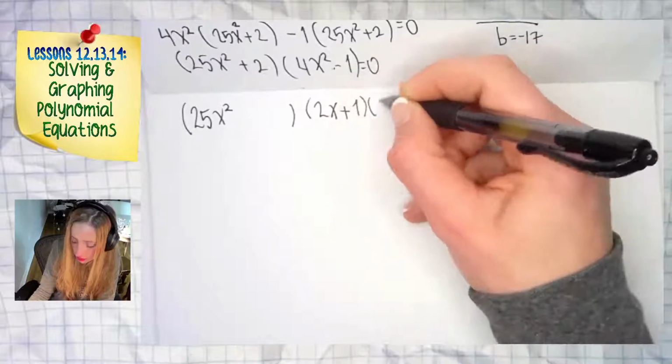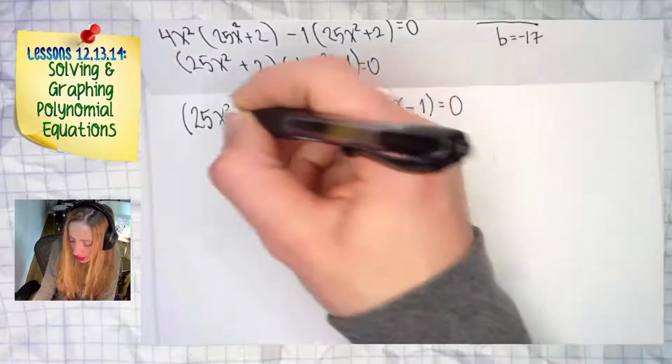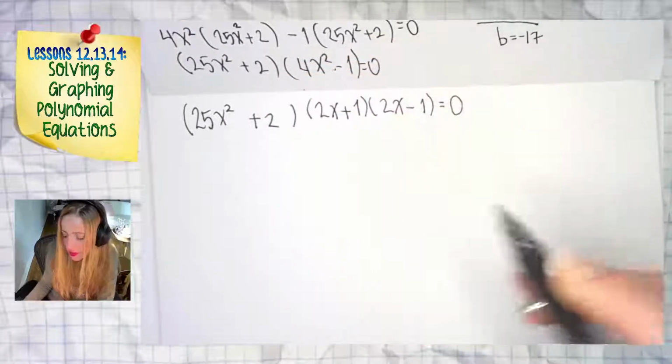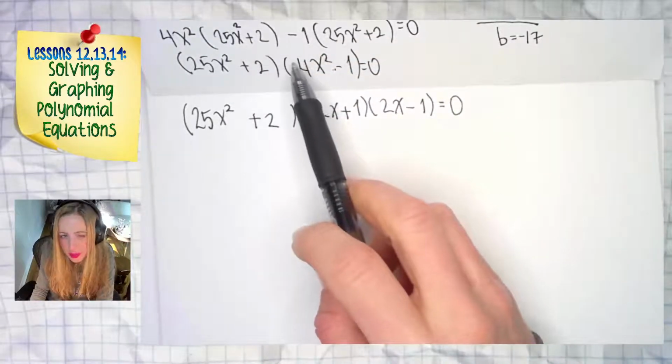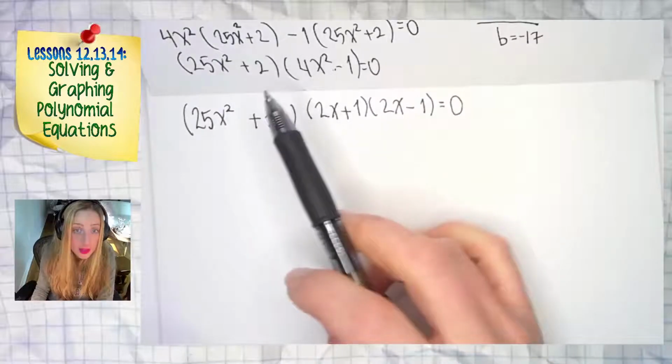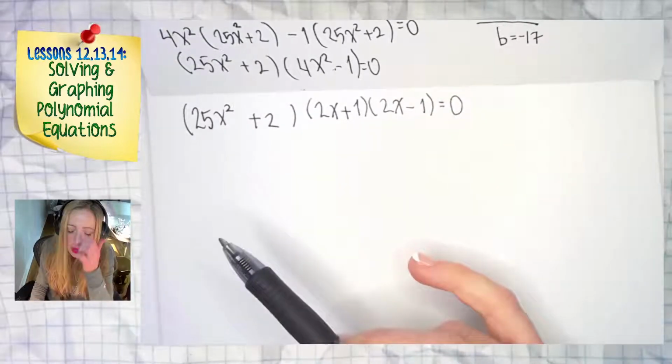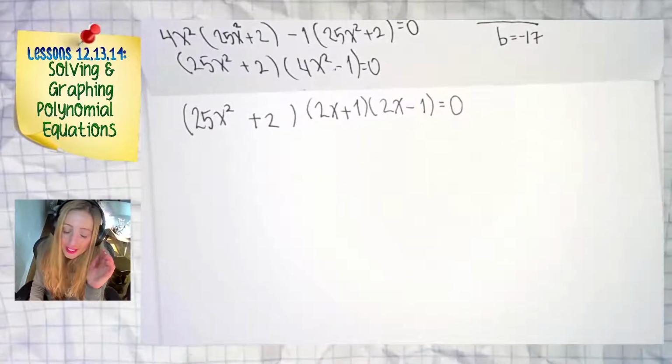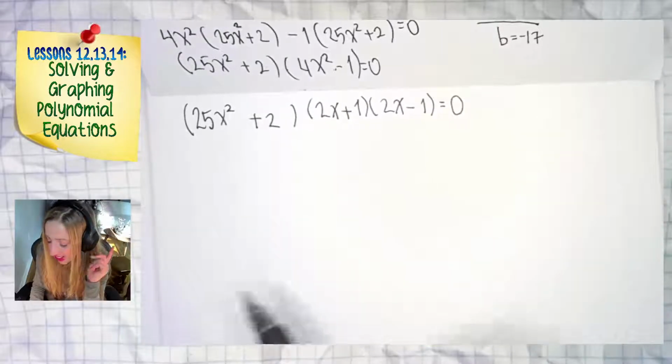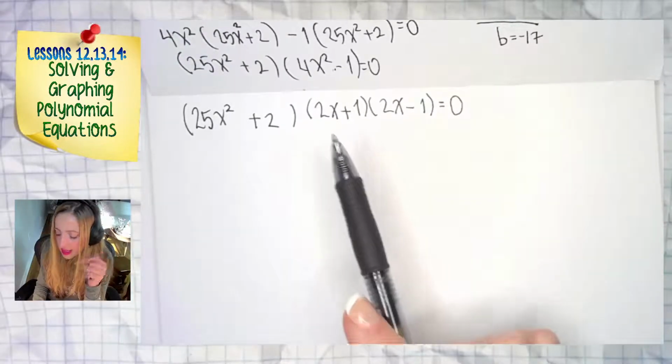Perfection. 2x plus 1, 2x minus 1. Good. And then we still have that there. Now, some of you may have solved from this step and just solved by square roots. That's fine. The issue is, and I promise, I did say this during class, and maybe even wrote